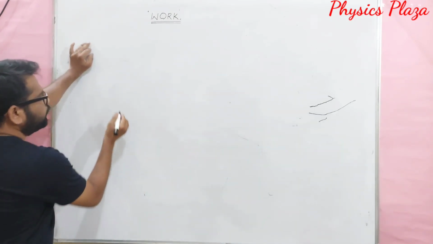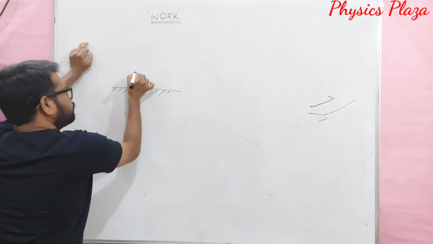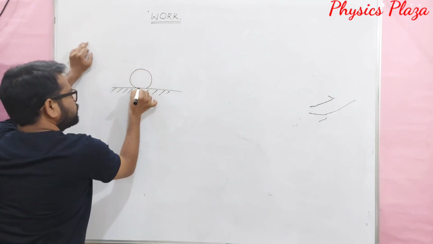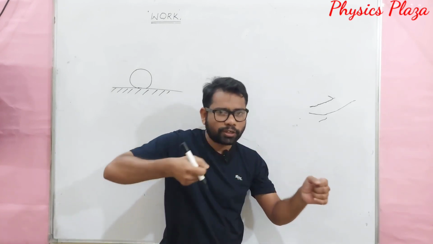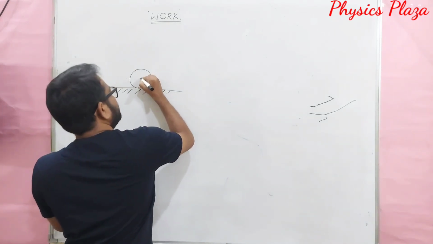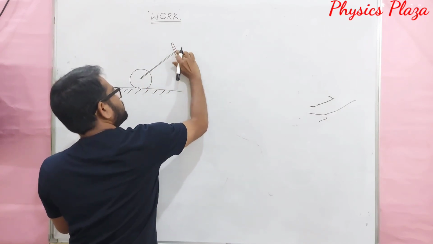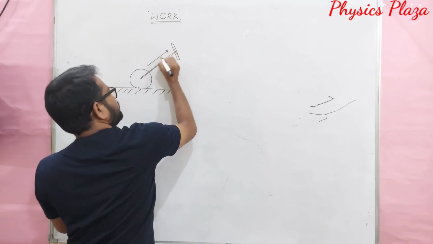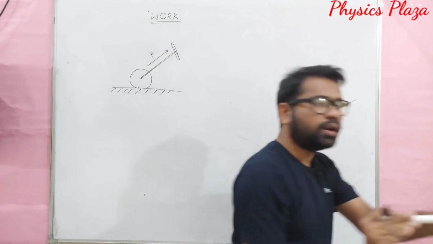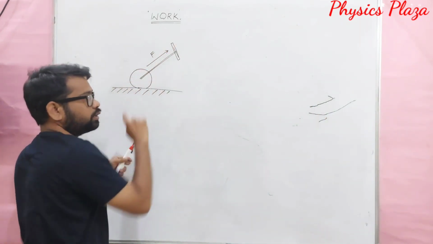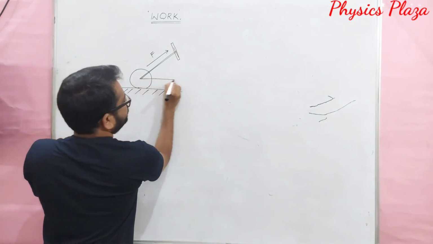Suppose, dear children, here is a horizontal surface, and you might have seen a roller. Even during a cricket match, between the overs, they clean the pitch with a roller. Here the person pulls it like this. Here is a handle, and they try to pull like this. But dear children, do you think the roller will go in the direction of applied force only? Of course not, it won't move that way. This roller will move like this actually.